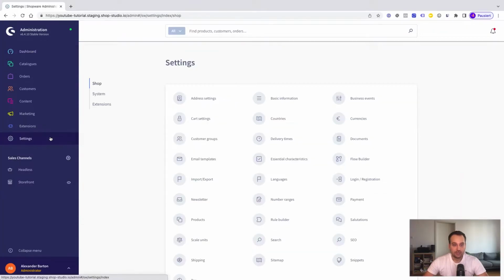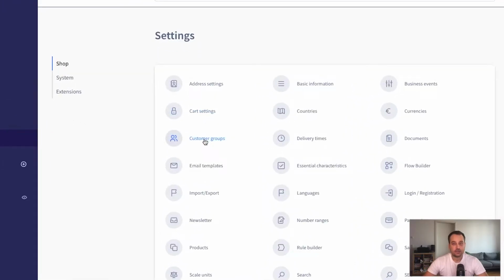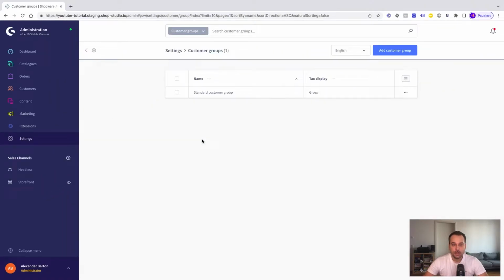To create and manage customer groups, we have to click on the settings. Now we have to click on customer groups. And here we can see a small overview. In our case, there's only one. It's called the standard customer group. One important thing regarding the standard one: do not delete it because it's referenced almost everywhere in the shop as